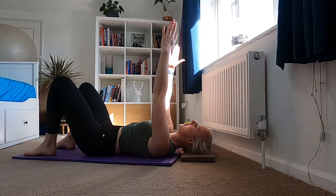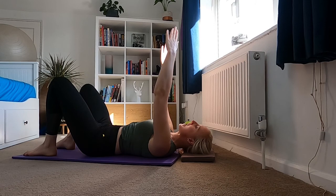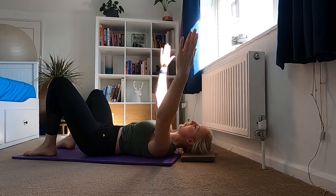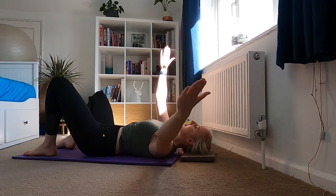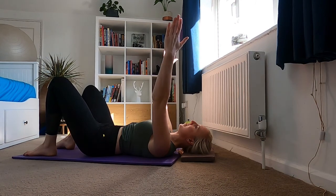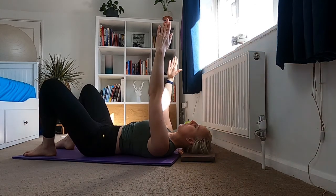Slowly coming back to the middle, holding in the middle for an inhale. Exhale. Slowly moving out to the side, holding it here for an inhale, and then exhale, slowly back to the middle, holding in the middle for an inhale, and exhale, out to the